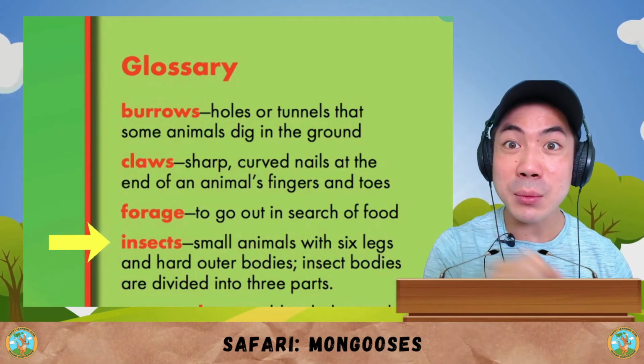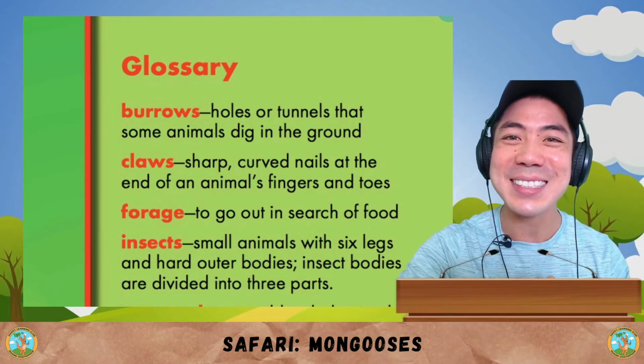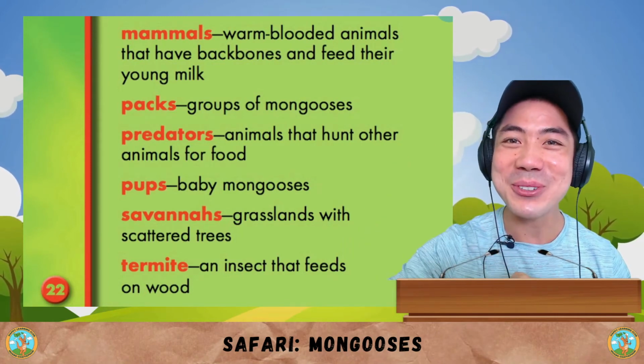Insects are small animals with 6 legs and hard outer bodies. Insect bodies are divided into 3 parts. Mammals are warm-blooded animals that have backbones and feed their young milk, like me and you. Packs are